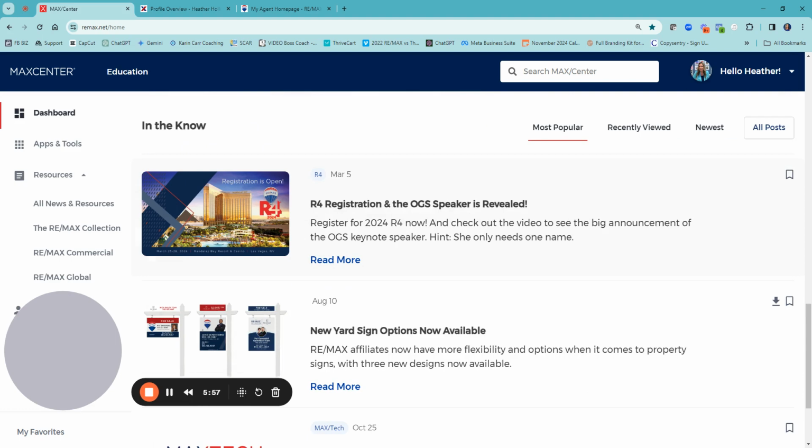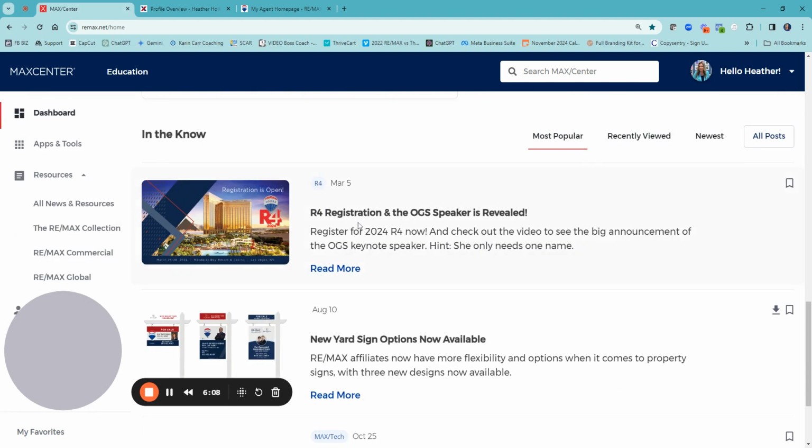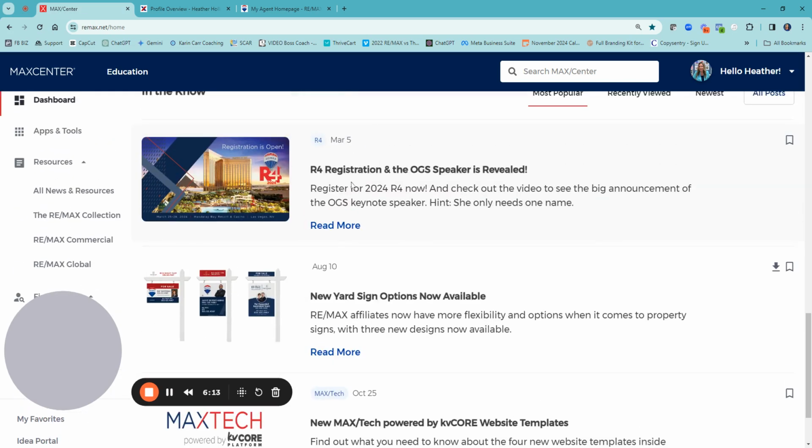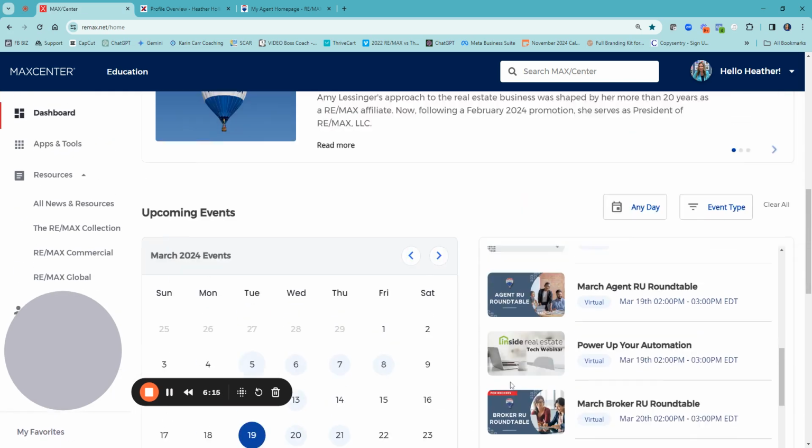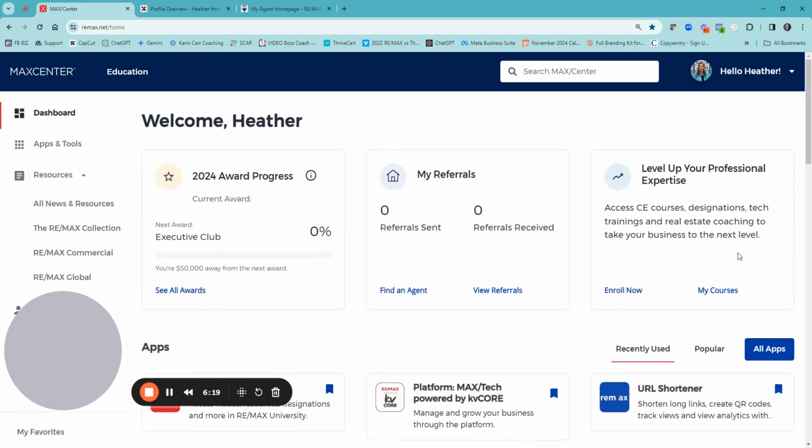And then in the know. So this is just little news, anything that's going on. We have new templates that came out, the new yard signs that were announced, of course, RE/MAX Universe R4 every year. So this is always changing, just kind of based on the news. So that is just a quick overview of